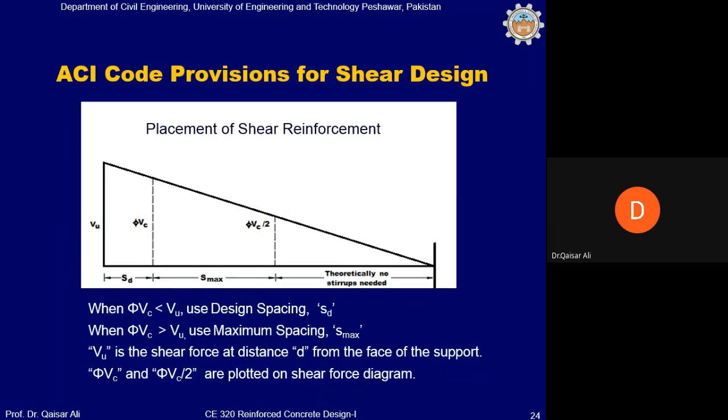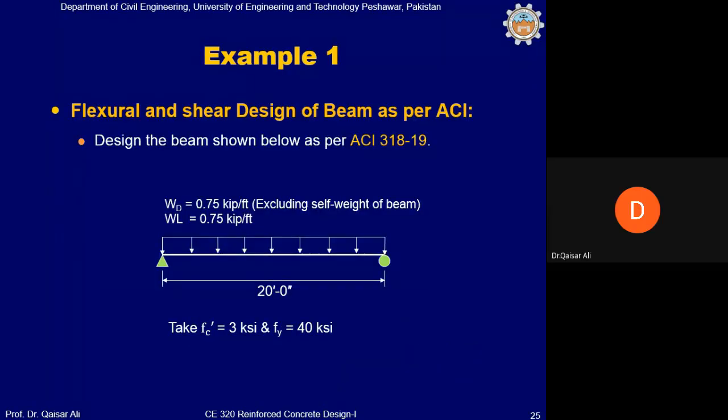ये तो हमने डिस्कस कर लिया ऑलरेडी। Next is an example, we can quickly go through this example. इतना आसान है ये एग्जांपल, मुश्किल नहीं है। इसमें एक बीम है 20 फीट लॉन्ग and you have a dead load 0.75 kip per foot. जी प्लीज